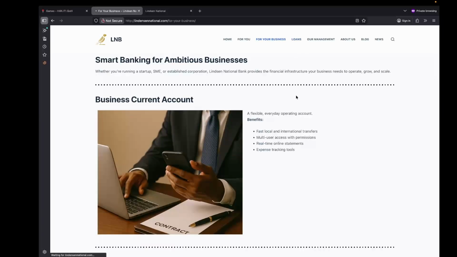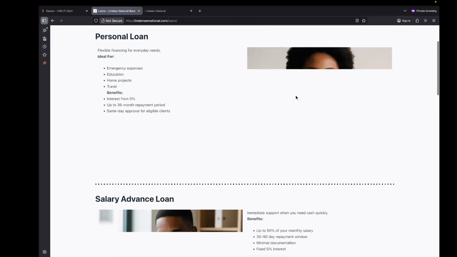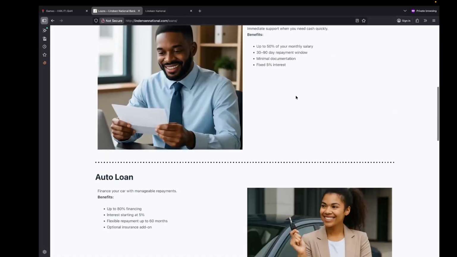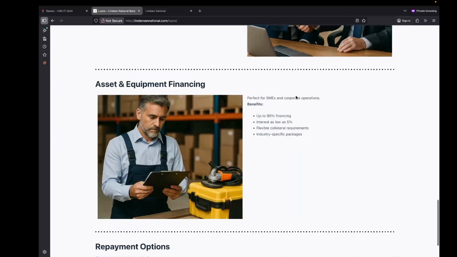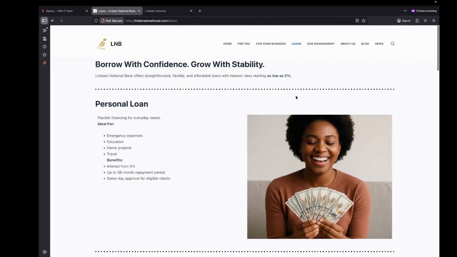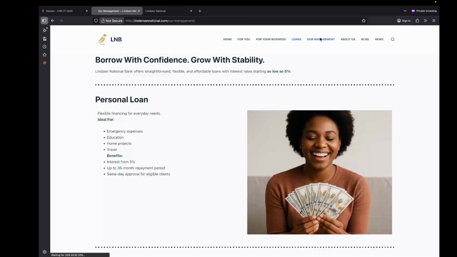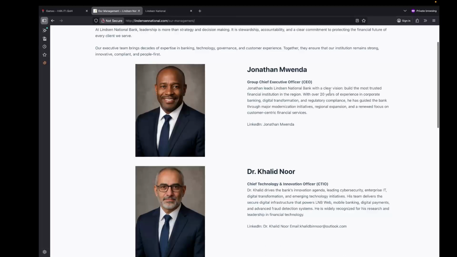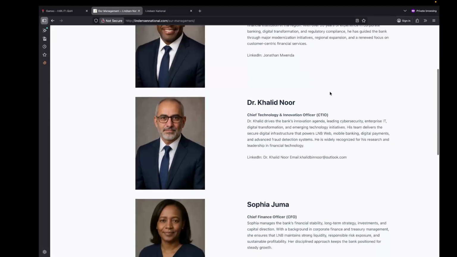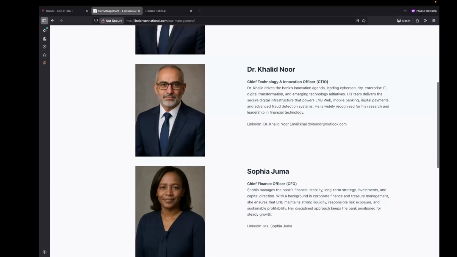Let's check loans. We have personal loans, salary advance. It's quite diverse. I like it, and it's eye appealing. It looks really nice. We have our management team here. We have Jonathan, he is the CEO. We have Dr. Noor, he's the CTIO.